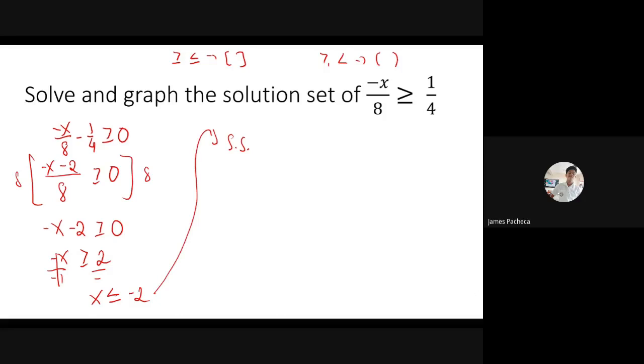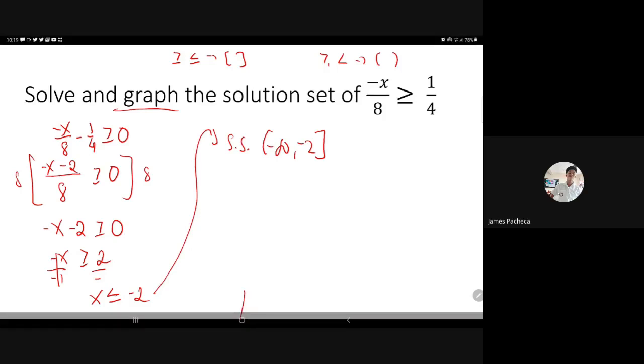So the solution set there is less than or equal to negative 2. That's from negative infinity to negative 2 bracket. Mali na sabihin mo na negative 2 bracket to negative infinity. Dapat mauuna ang negative, ang smaller number. Ang sabi niya, graph. So para mag-graph natin yan,